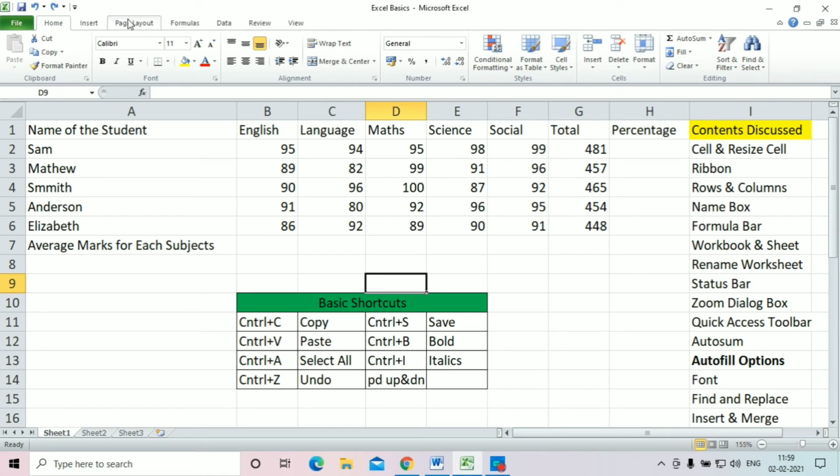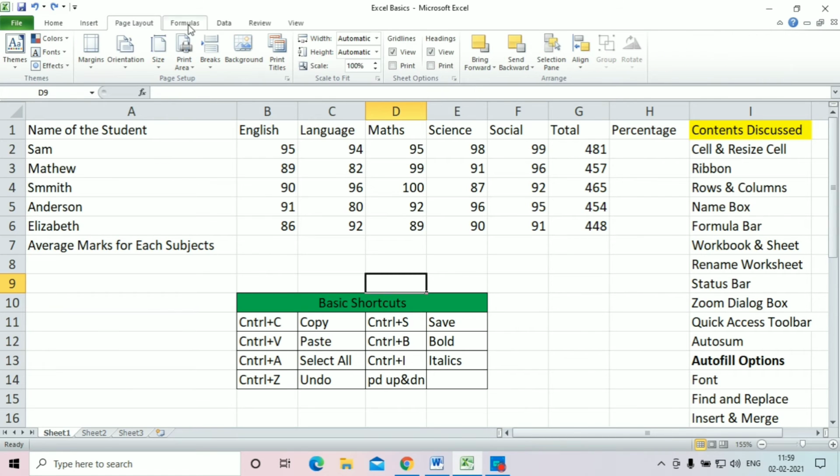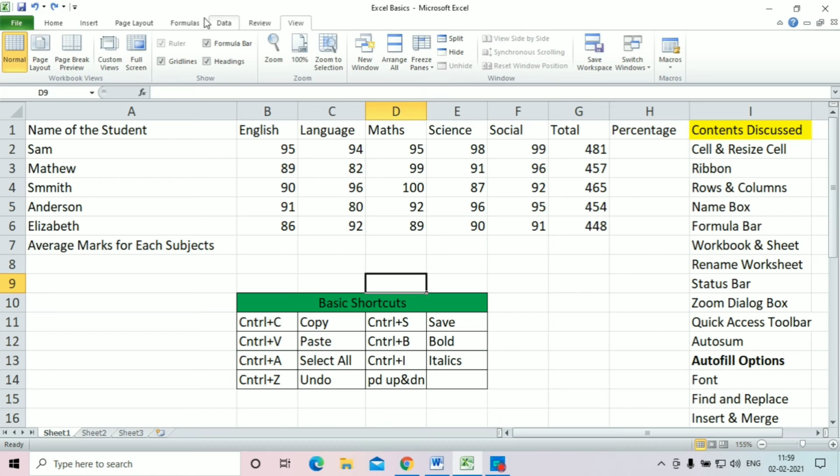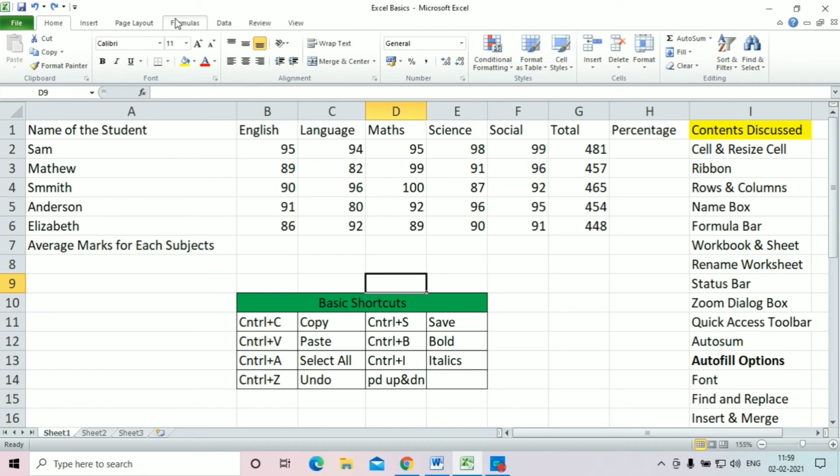And here is another ribbon where you can hover over home, insert, page layout, formulas, data, review, and view, everything else. We are not going to cover everything because those are advanced. I'm just going to describe a beginner level, basic and friendly way to handle Excel. So this is called the ribbon, and it contains whatever you need to configure your data.